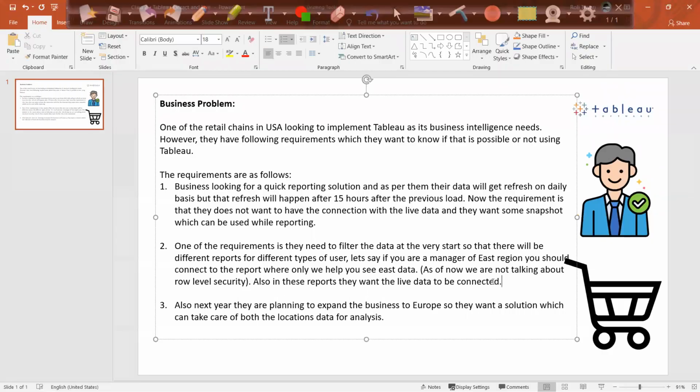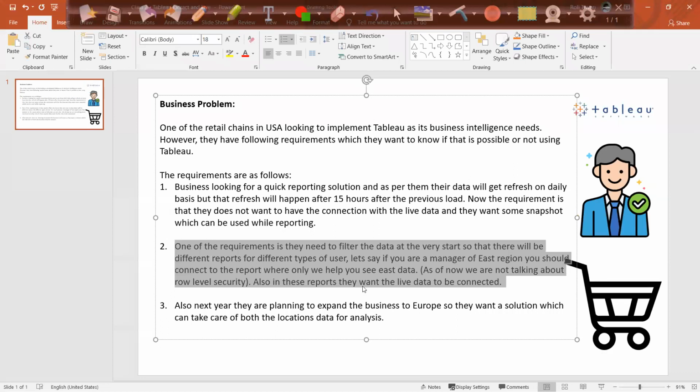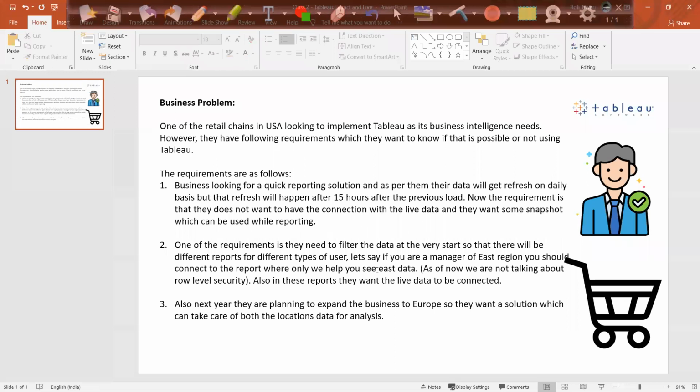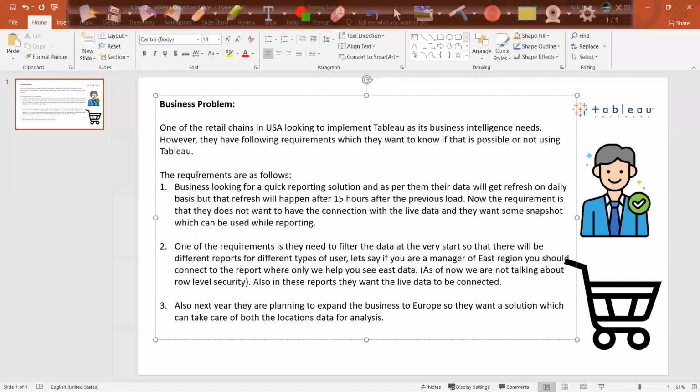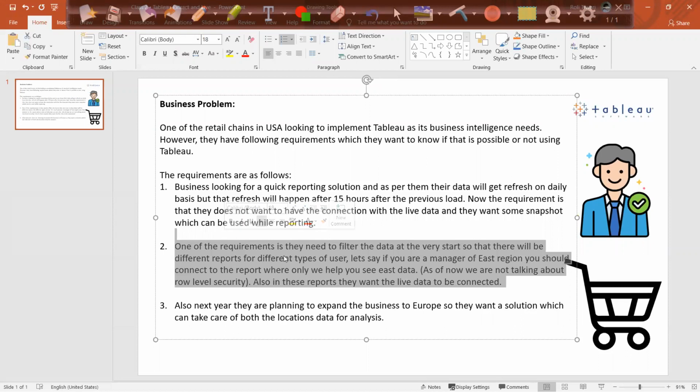So that is how we can have this second example solved as well, where if I am a manager of each region, I can apply the filter. Okay, so I can create multiple files for multiple regions and we are done. So by now we are sure that yes, this requirement is pretty much obvious. I can do that by creating the extract option. This requirement can also be done by applying the filter.